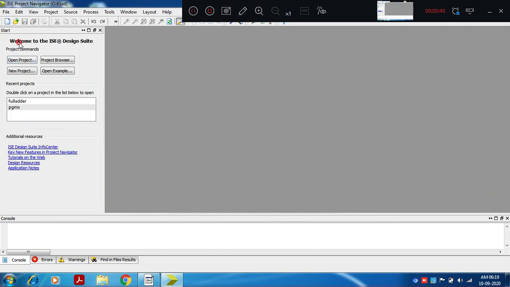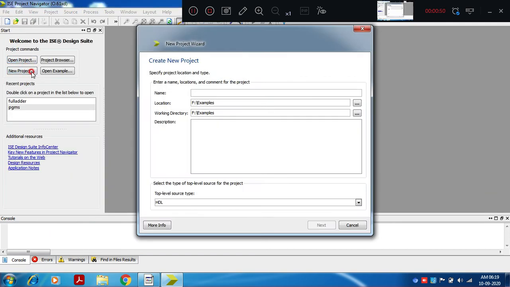Close the earlier project. Select new project. Ripple carry counter is the name of the project. Top level source type is HDL.